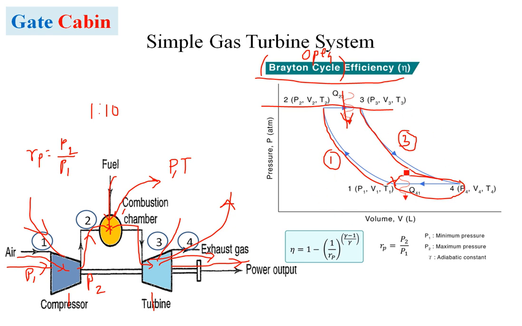Now from this curve, the efficiency of the compression process is decided by this equation, where gamma is the adiabatic index, and like we have talked about, pressure ratio is exit pressure by inlet pressure. Okay, so here the pressure ratio in a compressor has to be very high, sufficient enough to produce the designed pressure. We are able to maintain a fixed RPM with the turbine, in order to rotate a compressor as well. So here you can see that the efficiency of a compression process is decided by this pressure ratio.